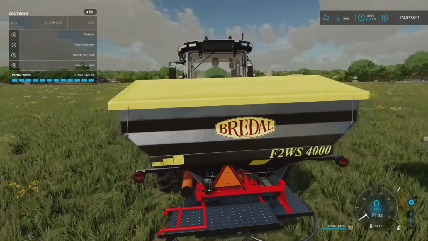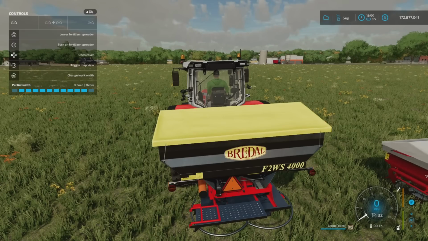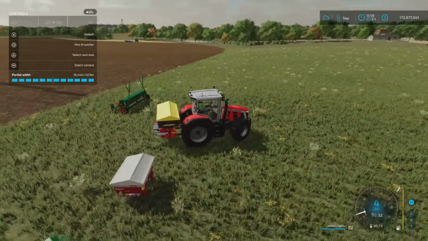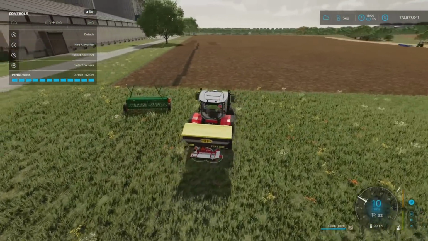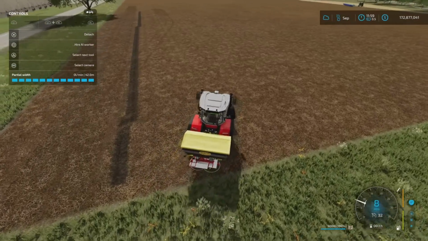As you can see, our spread width we can change. So change work width. We've got 42 meters. 36, is that? My eyesight's terrible. 30, 21, 18, 15. Back to 42. Now I've got fertilizer in this one. The next one, the Commandant Exacta, I've put lime in that because I was curious to see